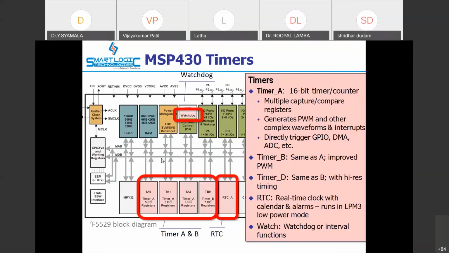Another thing is that apart from these timers, there is the watchdog timer and the real-time clock. The real-time clock is not something that every controller has. RTC is present only in a particular range of ICs, so it is not present in every IC. That is one case. Obviously, the watchdog timer is there. So depending upon what type of controller we are selecting for your application, so the